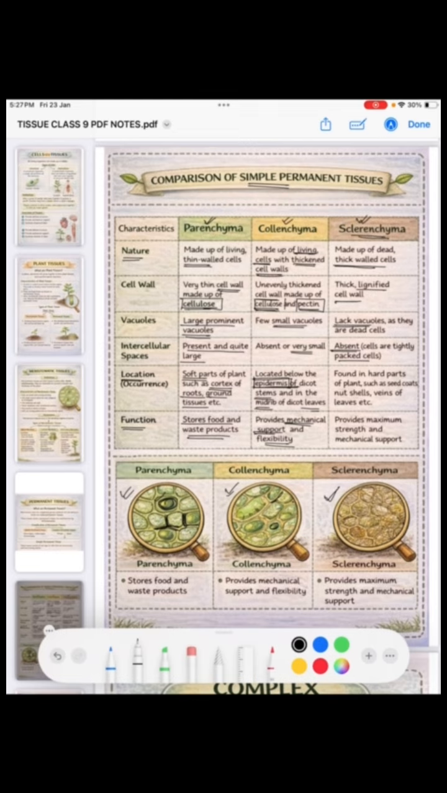Where is it found? In the hard parts of the plant, like the seed coats and also the veins of the leaves. These are the parts where you can find the sclerenchyma. And last, its function is to provide mechanical support and maximum strength to any part